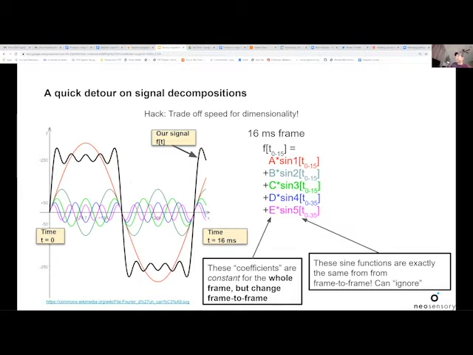So in this case, A is extremely large, this red value. But what's really cool about this is these coefficients are constants for the entire duration of this frame. So you can basically take a Fourier decomposition of your signals in 16 millisecond chunks. You can ignore the sine term component after you've done it. And you can effectively convert this, however many hundreds of samples this might have been, in this example, I'm completely hand waving here, by the way, to just these 5 values that hold for this entire 16 millisecond